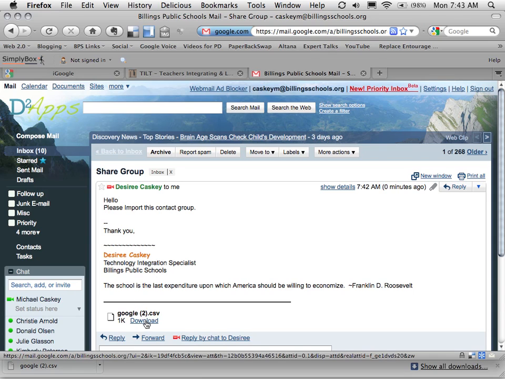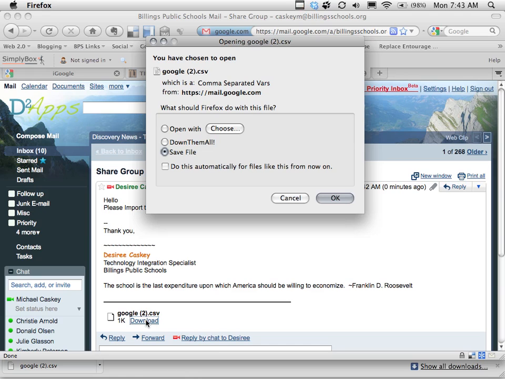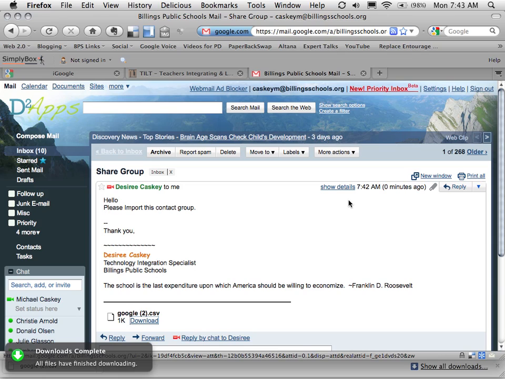So we're going to go ahead and download this shared attachment. So I'm no longer the sender, I'm the receiver of the information, and I need to download this to my computer so that I can import it into my contacts. So I click download and I will save this file. Okay, that file's been completely downloaded,